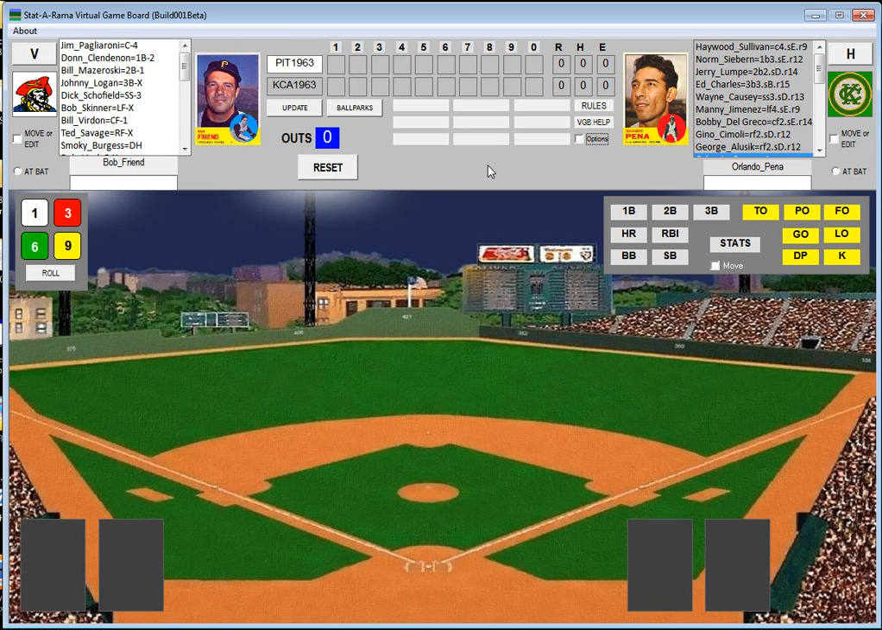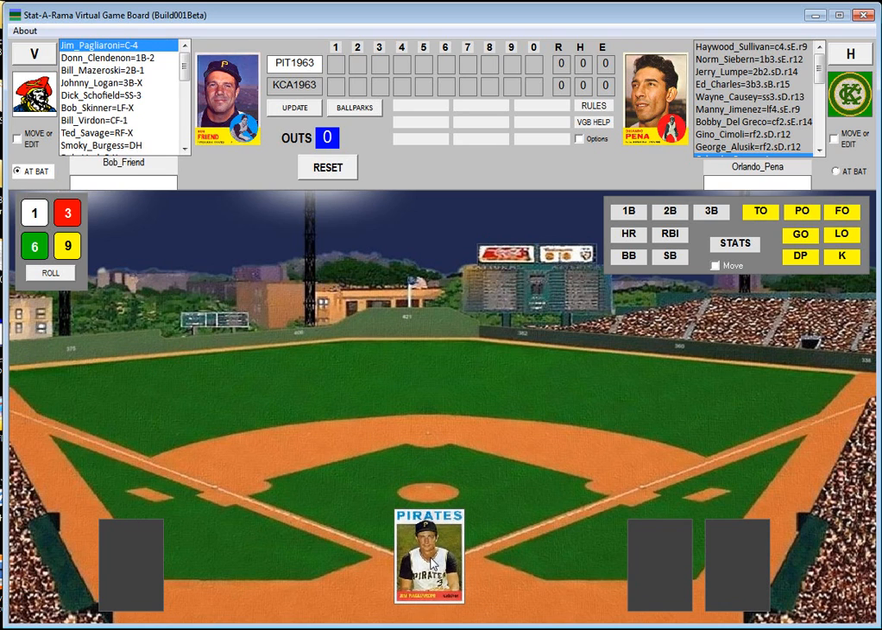Our next move here is we need to select a team at bat. So we're going to start over here. Now the team that's currently at bat is going to be white. The other one will be grayed out. So we start with the visitors, obviously, and we click at bat. We click the top name in the list, and that player, if we're using photos, his photo will show up, and we can put him down, and we can use our cards, and we can roll our dice and get a result